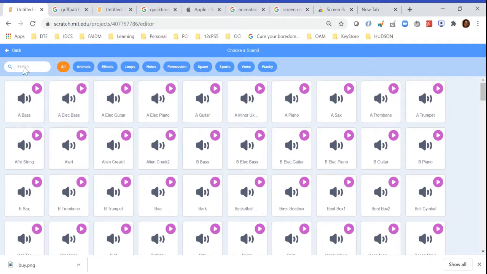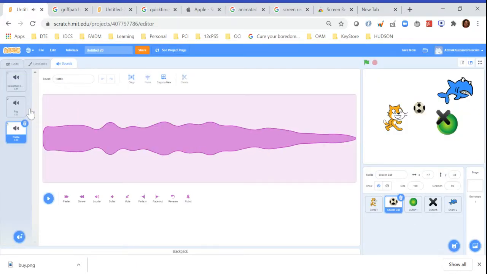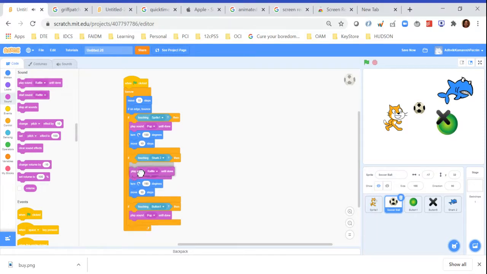Maybe I didn't select it, that's why. Okay, now let us select rattle. Yeah, now rattle has come. So drag rattle here and remove the pop. And now if touching the goal, then